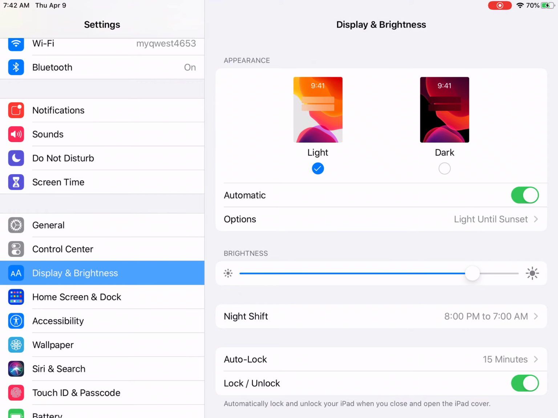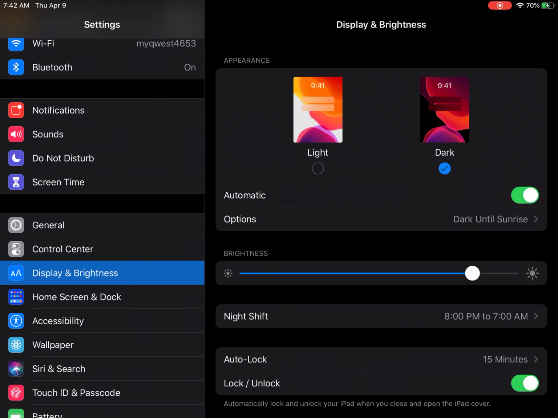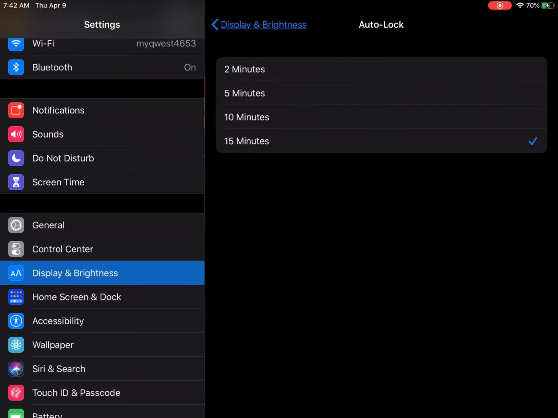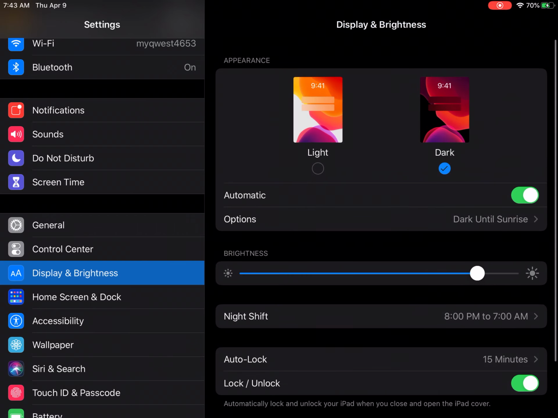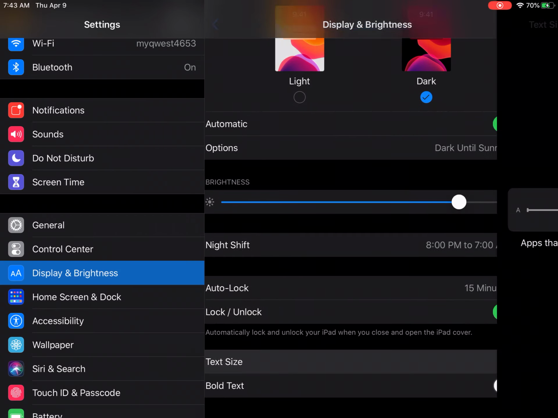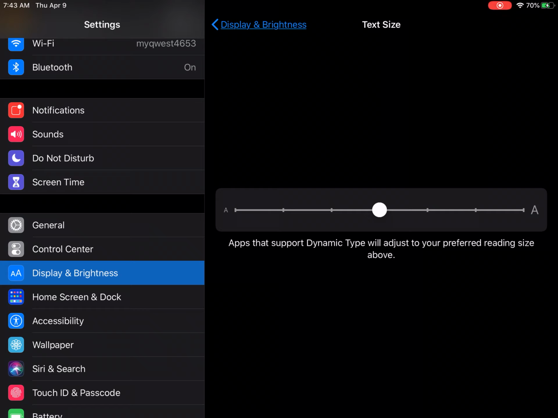light mode better or the dark mode to make it easier for you to read things on the screen. You can adjust the brightness of your screen. You can also adjust the amount of time for auto lock whenever your iPad is inactive before that auto lock kicks in and puts your lock screen on. And if you scroll down, you can also adjust the text size of text on your screen to make it